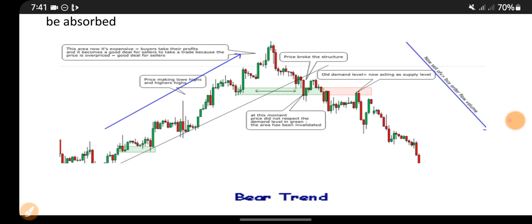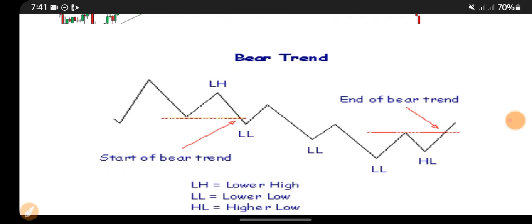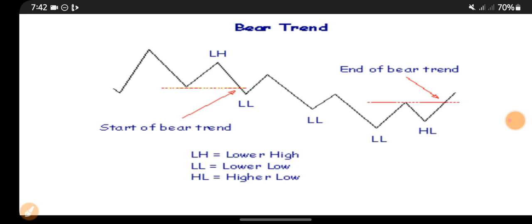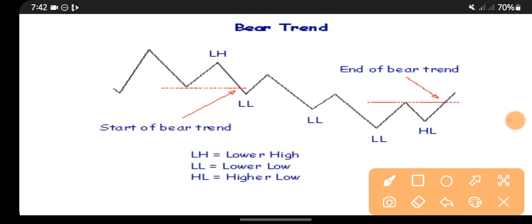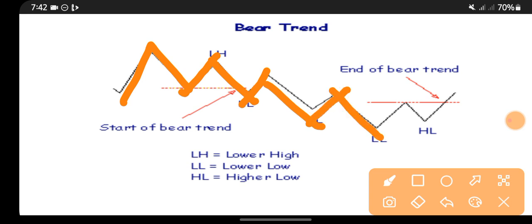Now let's continue to what changes a downtrend. And once again, it is the exact opposite of the trend change in an uptrend. Once again, the price was happily making a lower high, a lower low, lower high, lower low, lower high, lower low, lower high, and then it failed to make another lower low. It couldn't break this one to make another lower low. Instead,